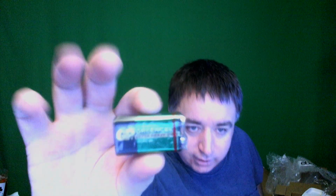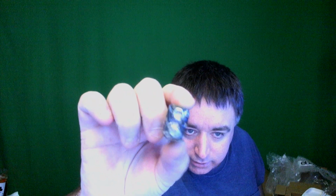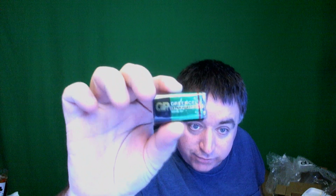What else we got here? And the huge power pack. Again, the twisty has not even been twisted off one time. It runs on 12 volt DC, 600 milliamp. And look at that, that's the factory battery, one of those batteries that ship with it. I'm so stoked that I found this thing. Let's hook it up just so you can see what the screen looks like. I have been looking for this thing forever,